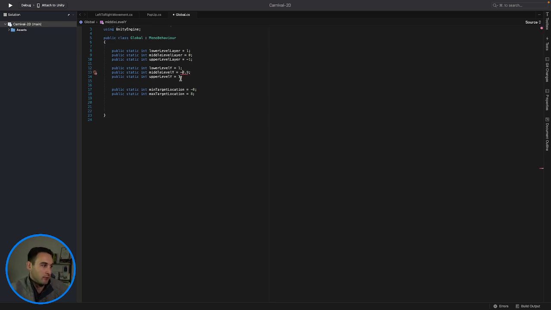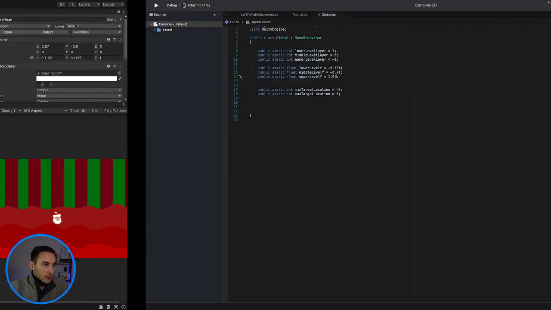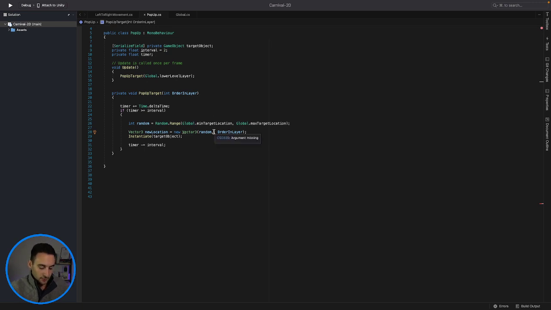and we are going to need to change that to float. So let's just go and change all of these to float, because in the future we'll probably change it to generate a random value. This one for now we'll just say minus 0.75, and then we'll just do 1.0 for now. And then for our pop-up we can go and insert into here. For now we will just add it on our mid-level layer. So let's go and say global dot mid level y. So we'll save that,